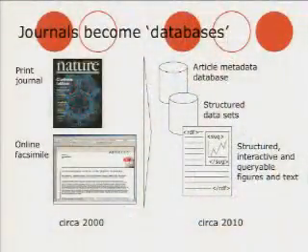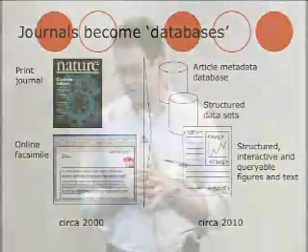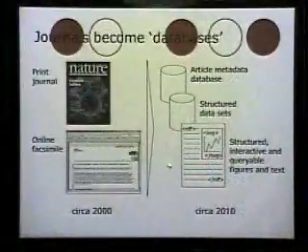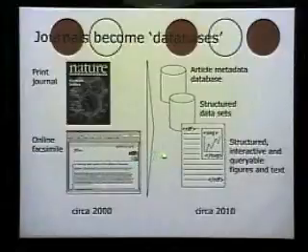But I think what's going on is something a bit more subtle and a bit more fundamental, actually. As we add more and more links and data and metadata to the articles, we're seeing not only better linking between the journals and the databases, but we're seeing the journals become more database-like. We've already moved from a world in which we had a print journal to one in which we have an online facsimile of that as a PDF. But now we're in the process of moving towards a world in which the